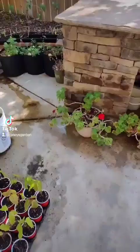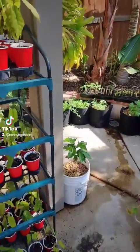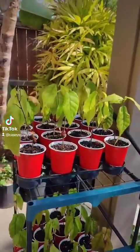Alright, I'm going to show my young tree collection. Some of them are for my future orchard, some of them I may give away. I got a lot in various stages of growth. Starting on this side of the yard, my first and favorite, because I put so much effort into it, is